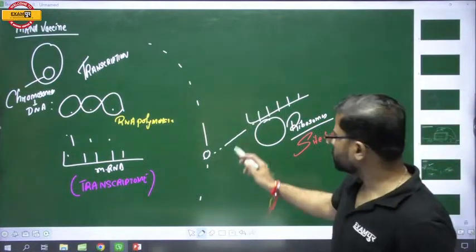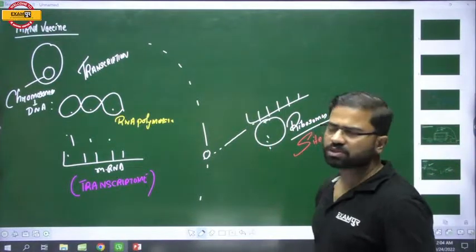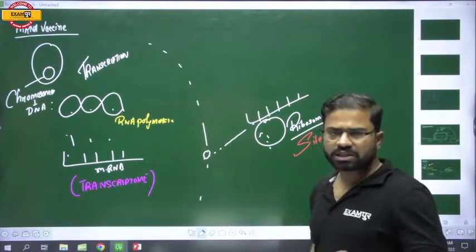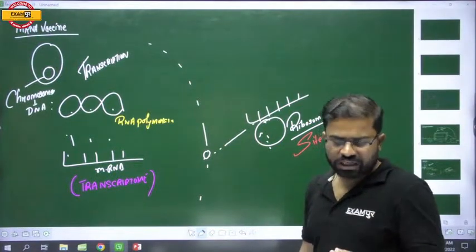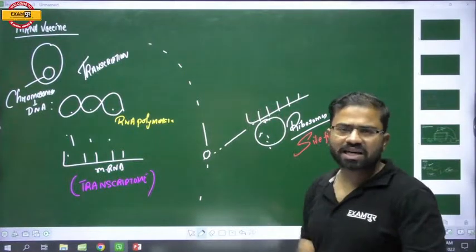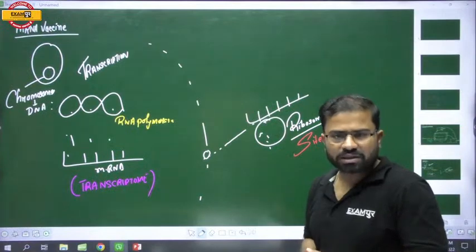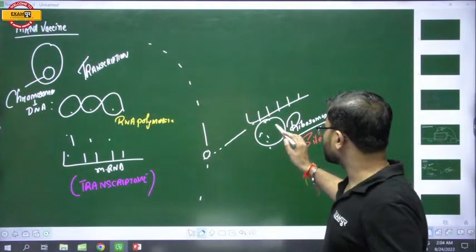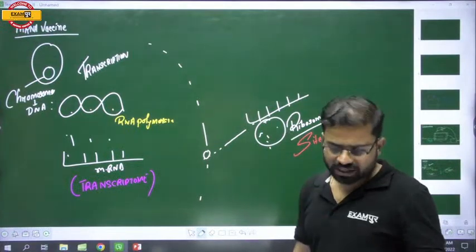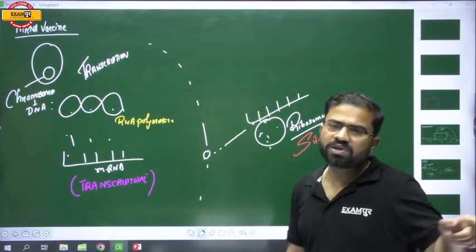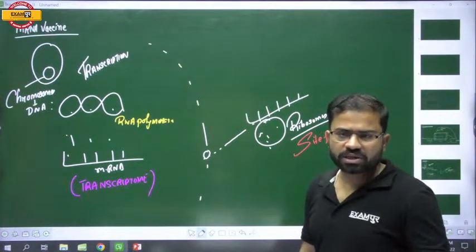Now what will the ribosome do? Ribosome के अंदर में दो पार्ट होता है. One is a smaller subunit and the other is a larger subunit. What is the function of the smaller subunit? The function of the smaller subunit is to understand the genetic information that is there in the messenger RNA. And once the genetic information is decoded, it is transferred to the larger subunit. And what is the function of the larger subunit? The function is to prepare the protein according to the genetic information.